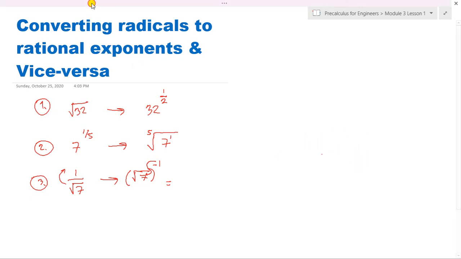Okay, erase muna natin. Then, apply natin yung properties. So, this would be equal to square root of 7 raised to negative 1. And then, to convert this into rational exponent, so, just write 7. And then, ano yung exponent niya? Negative 1. So, sulat mo sa numerator, negative 1 all over